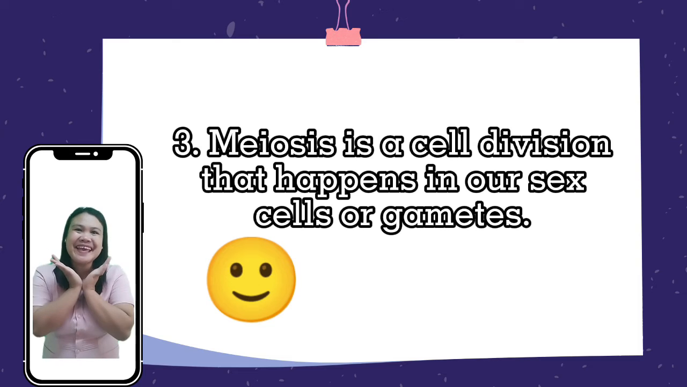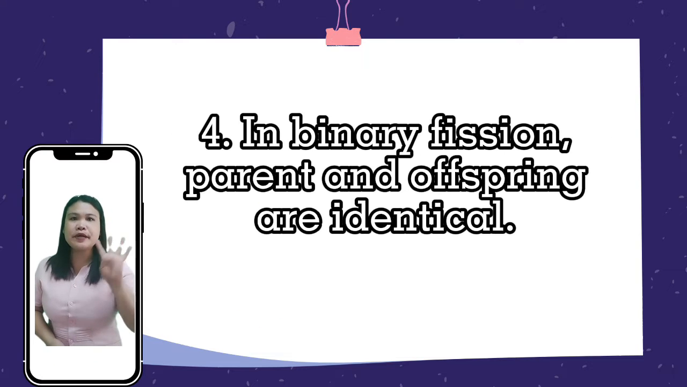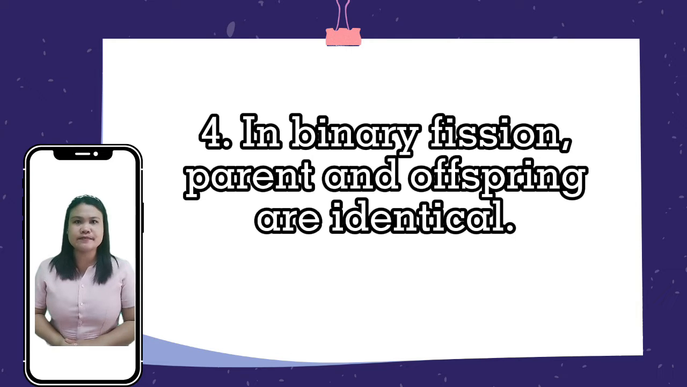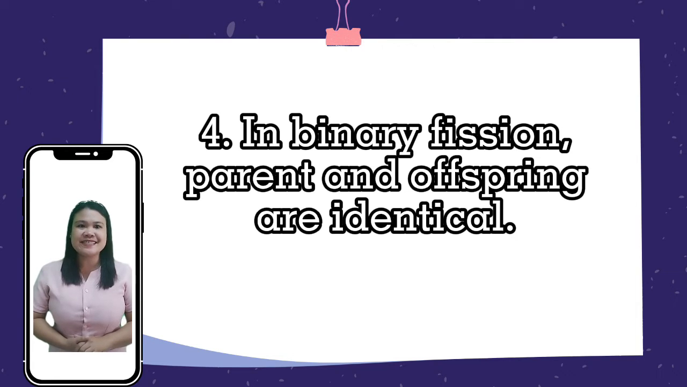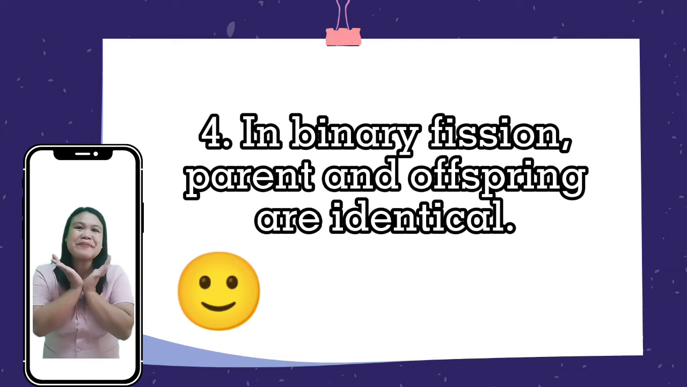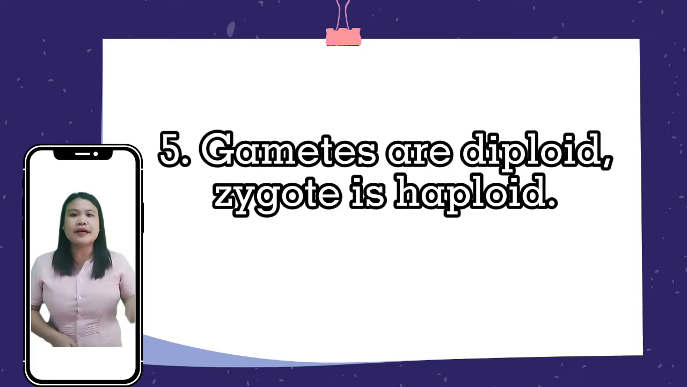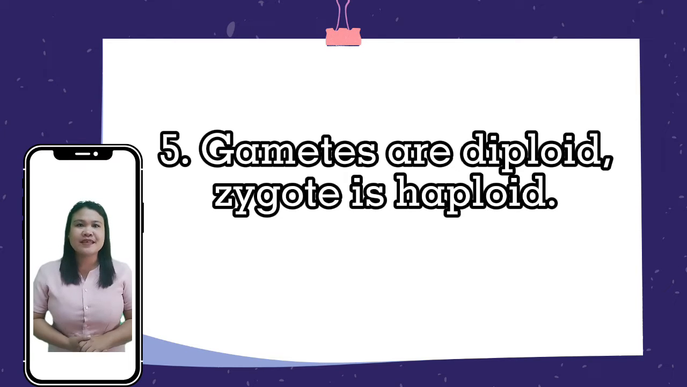a happy face. Number 4. In binary fission, parent and offspring are identical. The answer is a happy face. Number 5. Gametes are diploid, zygote is haploid. The answer is